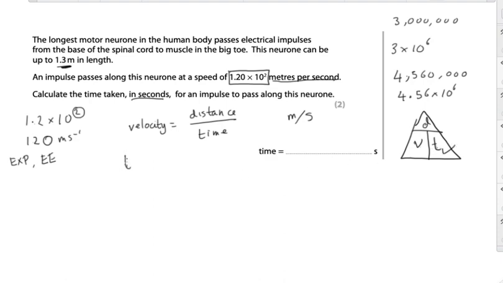So time, t, is going to be distance divided by velocity. So our distance is 1.3 over the 1.2 times 10 to the power 2, and that equals, putting it into the calculator,